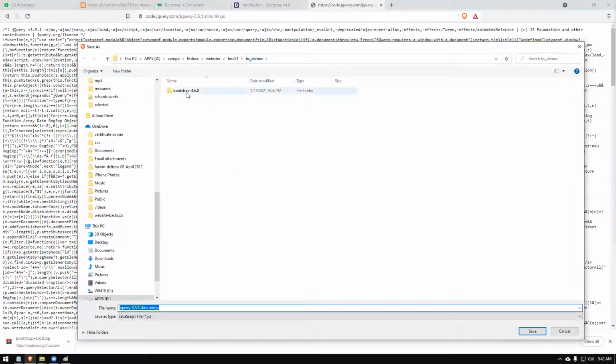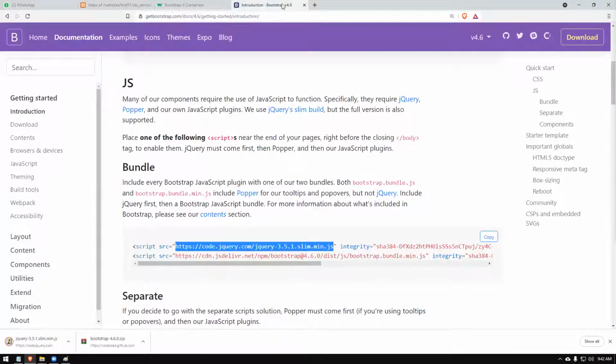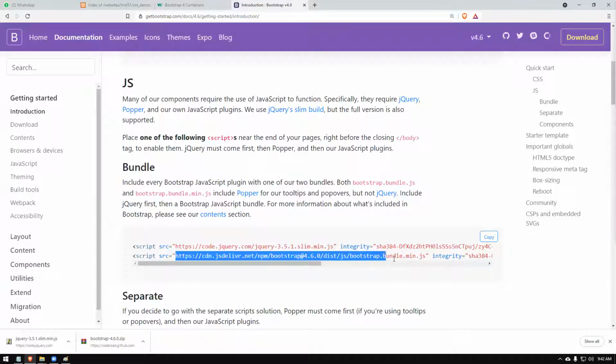Right. So I'm going inside the Bootstrap distribution JS folder. I will just save this one, the jQuery file. Saved it. Let's take the other one, the Bootstrap file. Bootstrap one also we will take. Bootstrap is there, right?